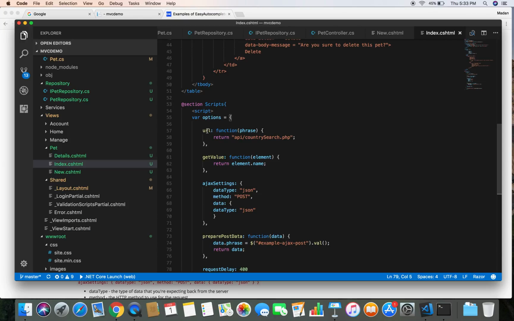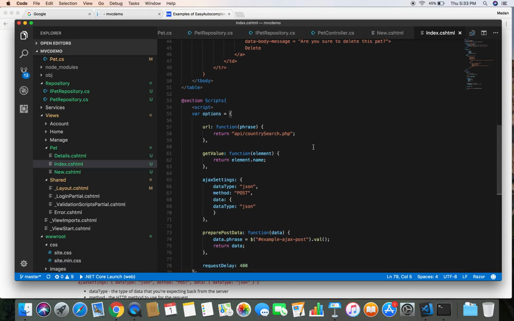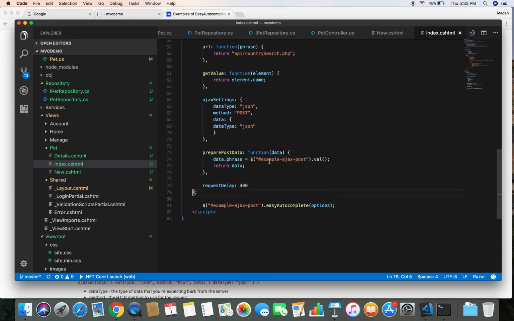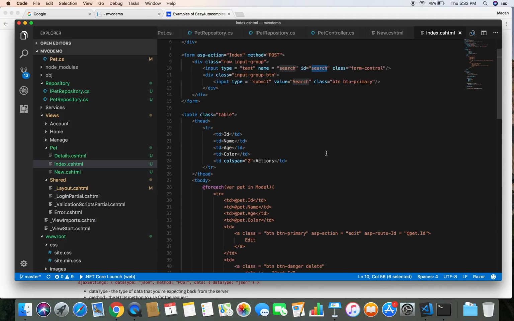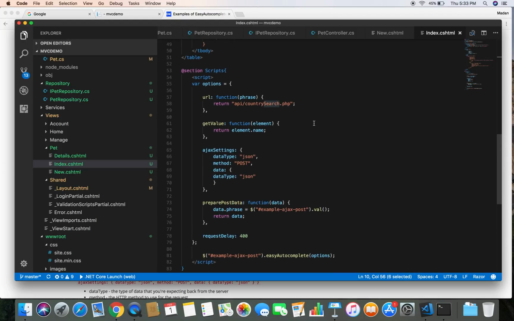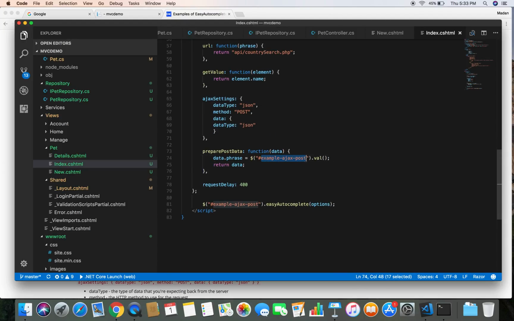so this URL function here, what it does is it goes out to the server and makes an Ajax request. So we need to point it to our controller action method, and in this example Ajax post, this is the ID of the input search box. So our input search box has an ID of search, so let's replace this with search, and this is the ID of our input search to which we want to show the autocomplete. We want to attach the autocomplete list,